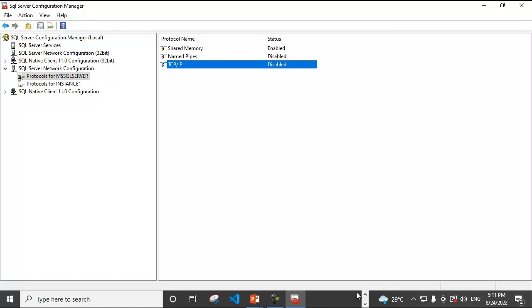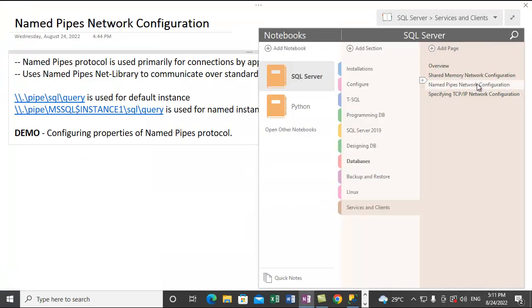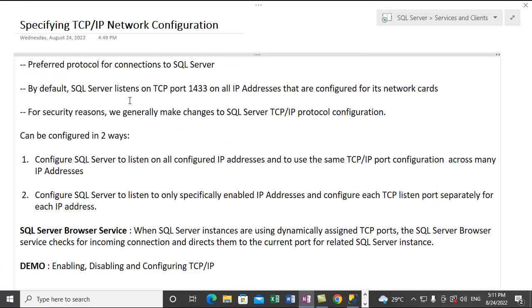Let me take you to notes. This is the preferred protocol for connections to SQL Server. Almost all of the World Wide Web uses TCP/IP to communicate, so this protocol can also be used while communicating with SQL Server. When you use TCP/IP, SQL Server listens on a specific TCP/IP port on all the IP addresses. By default, SQL Server listens on TCP/IP port 1433 on all IP addresses that are configured